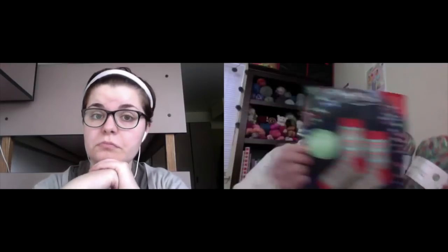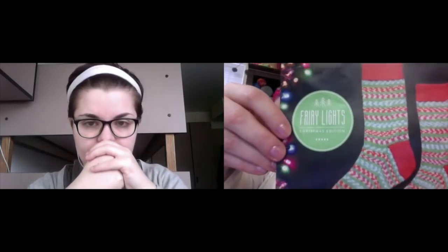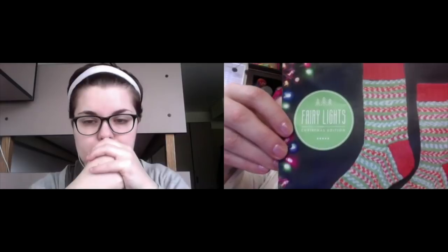So West Yorkshire Spinners Signature 4-ply, which is 75% wool, 25% nylon. It contains 35% Blue-faced Leicester. And this is the Christmas Special Fairy Lights colorway. I got this beautiful thing. So that's how the yarn is going to end up. I didn't get a contrasting toe, heel, and cuff. I just got